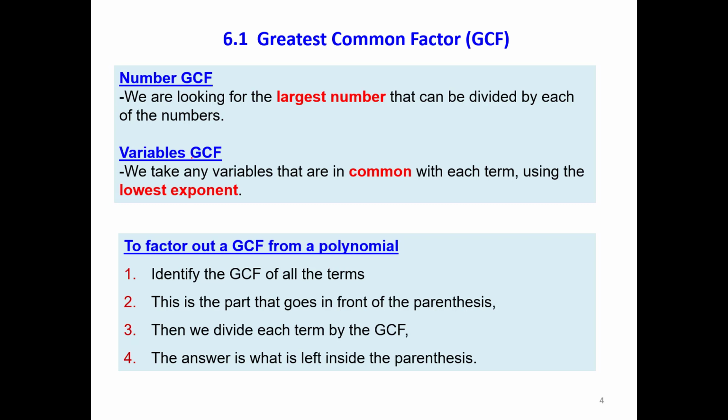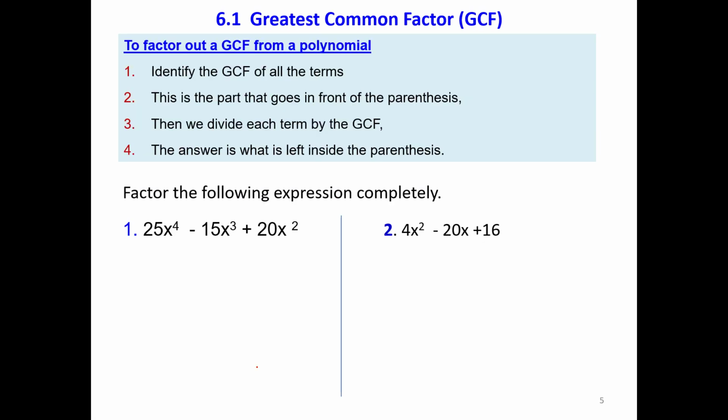We need to check the greatest common factor of the numbers and the variables. This is the part that goes in front of the parentheses. Then we divide each term by the greatest common factor. And finally, the answer is what is left inside the parentheses. And let's try to apply this procedure to factor out these